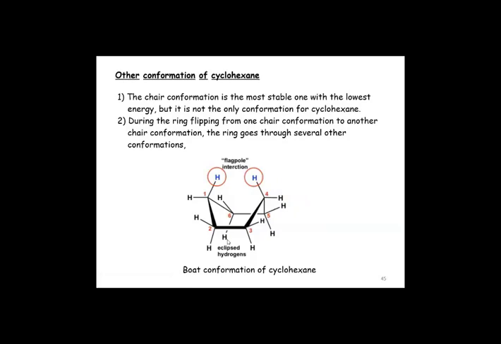It is not like cyclohexane has got only one conformation. It has got other conformations also. So let us see what other conformations of cyclohexane are possible. The next possible conformation of cyclohexane is the boat-like conformation. The chair conformation is considered the most stable one with the lowest energy, because it is most stable energy-wise. It is less energetic, but it is not